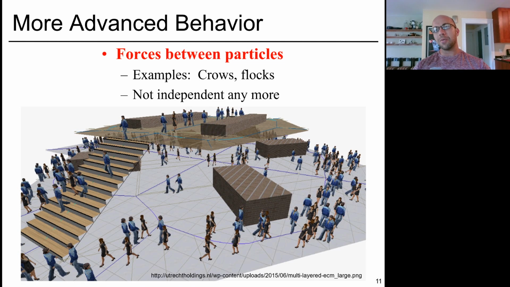Maybe people don't want to walk too close to each other. So there's some repulsive force that happens if you come within a certain radius. Maybe you tend to turn your head if you are close to another human at a certain distance and they're visible. Maybe there's certain rules about, one of my favorite papers in the computer graphics world, I'm going to digress